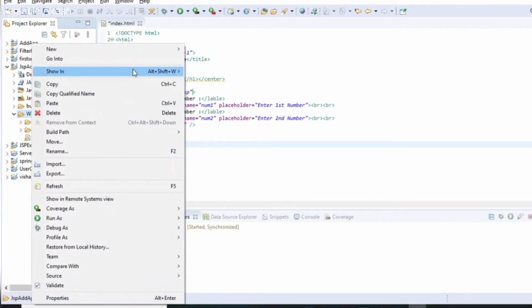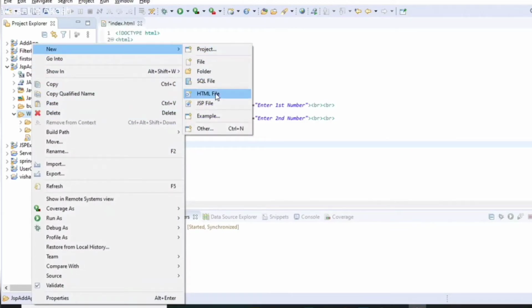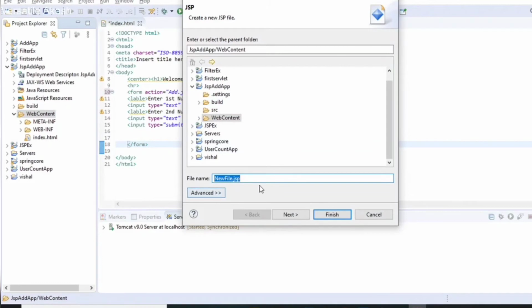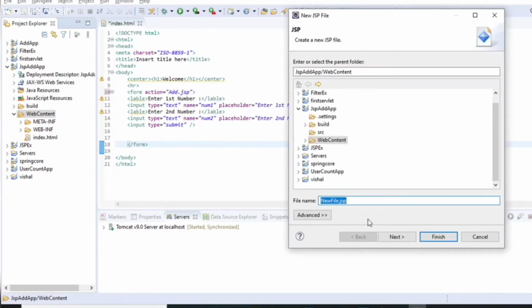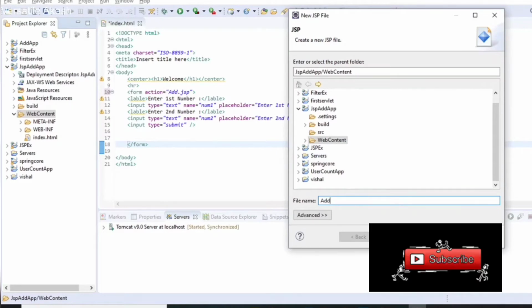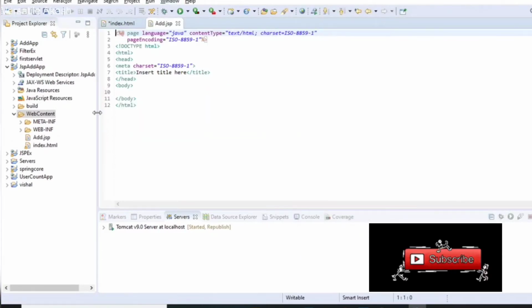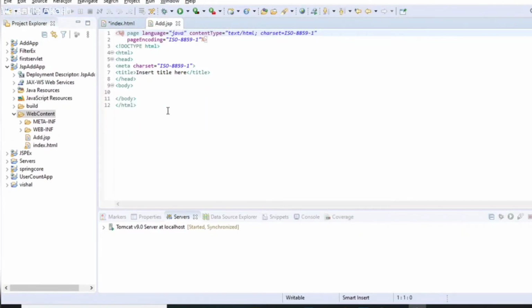So let's create a JSP file named add.jsp. So as you can see, this is our JSP file in which we will write code for adding two numbers.